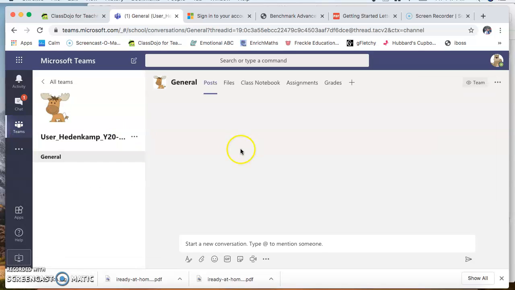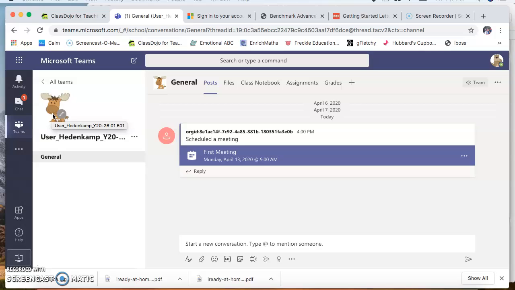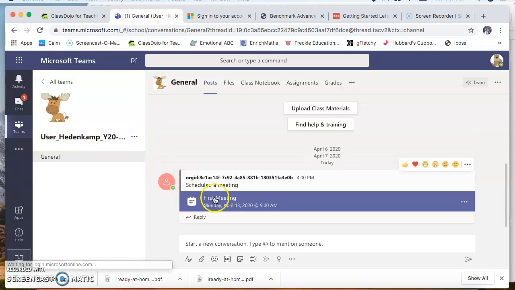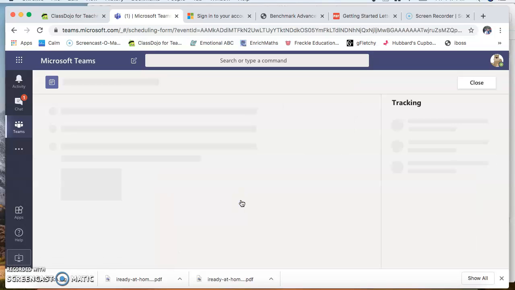Your screen will have our moose when you get it, and it will say first meeting Monday, April 13th at 9. You will click on that button